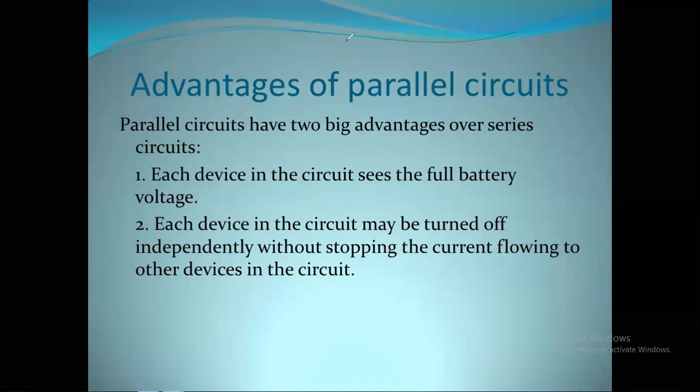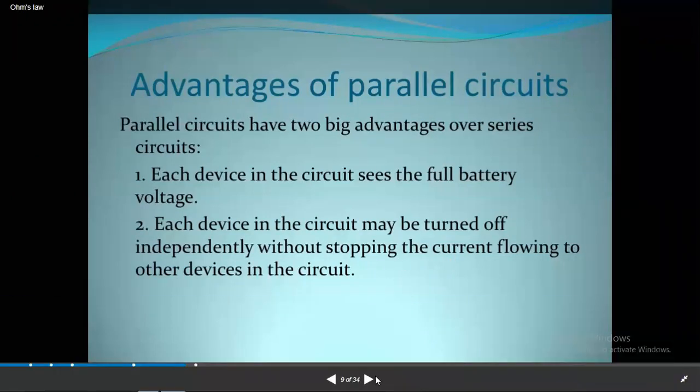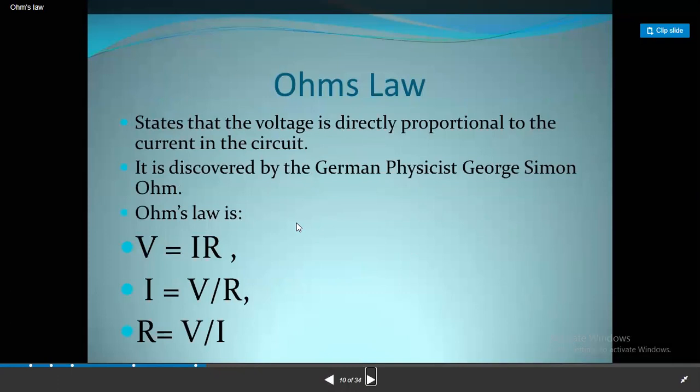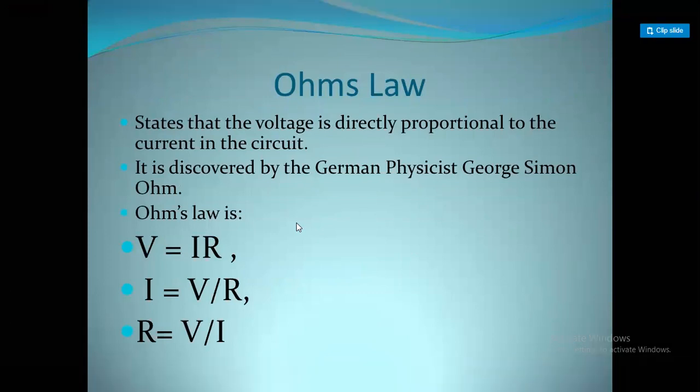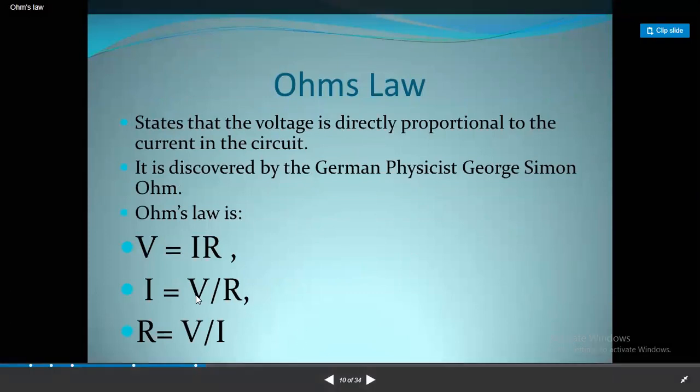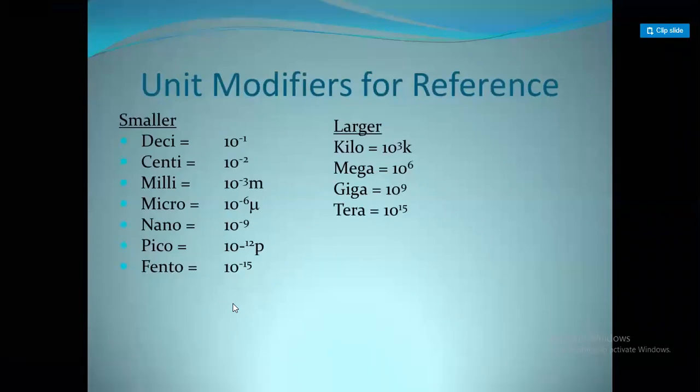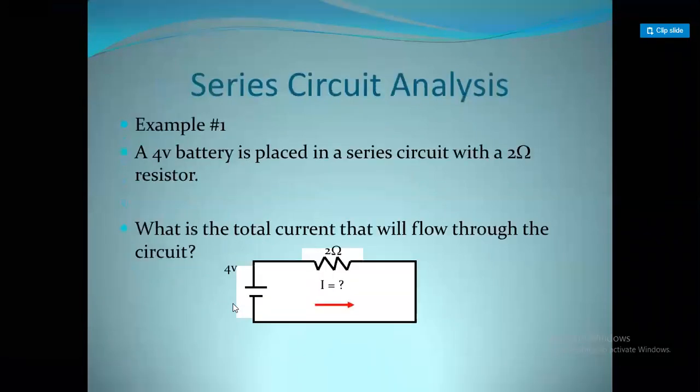Okay, let's go to the next part, that is Ohm's law. In the last lesson, we have already learned Ohm's law. It's a relationship between voltage and current. I mentioned that if the temperature is constant, voltage is proportional to the current, and we got the formula V equals IR. These are the different subject formats of Ohm's law, right? Then these are the kinds of prefixes we have to learn.